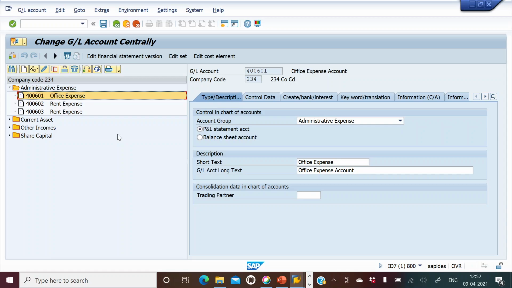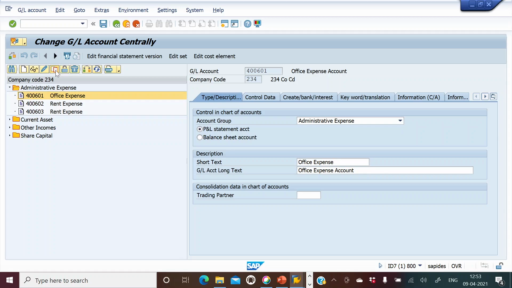We are only going to focus on the end user, but I want to refer to the step that I've already taken during the configuration stage to give you a basic background, right? So having said that, I'll also show you the various accounting groups which I have already configured during the configuration stage. So now I'm going to create a new GL account.